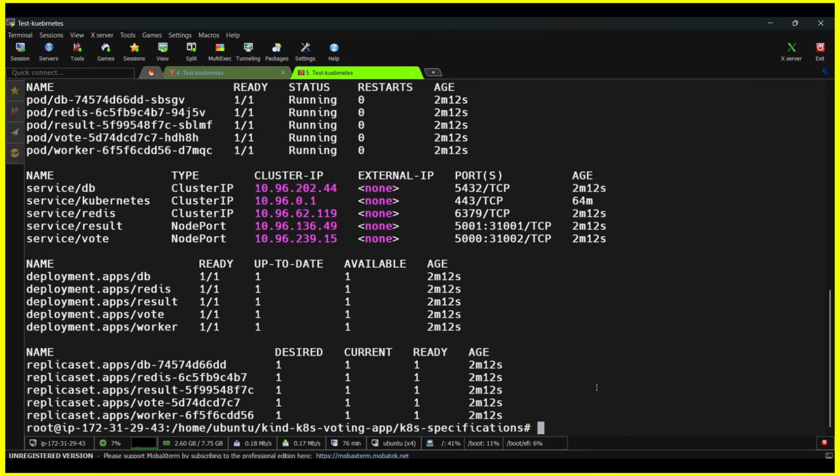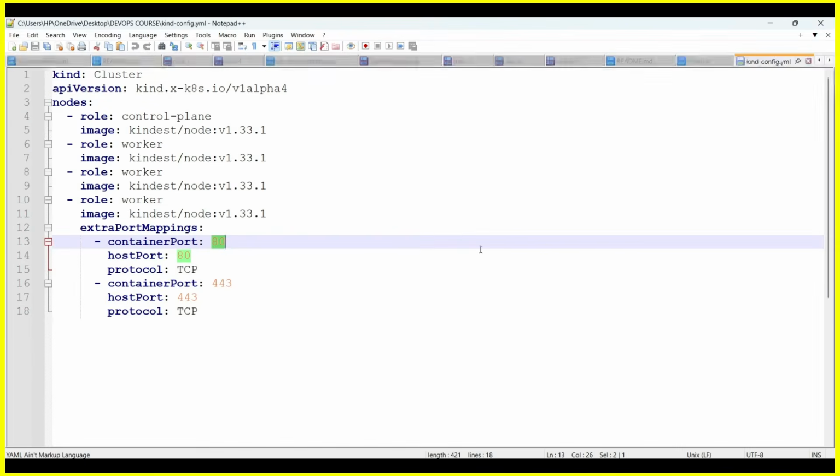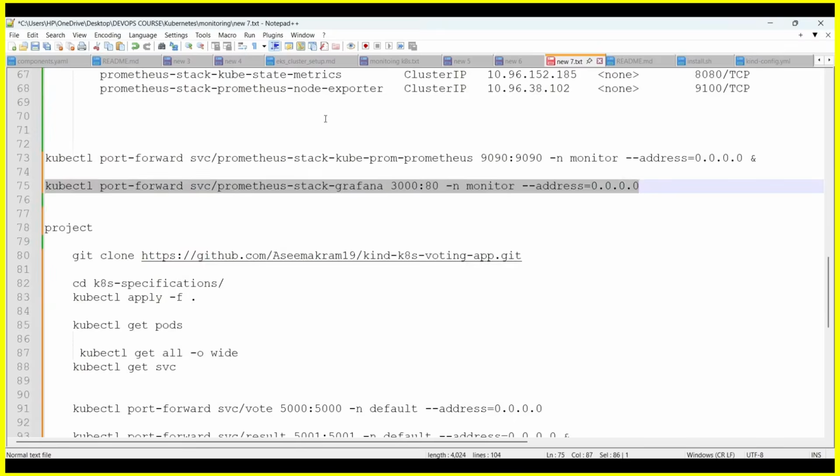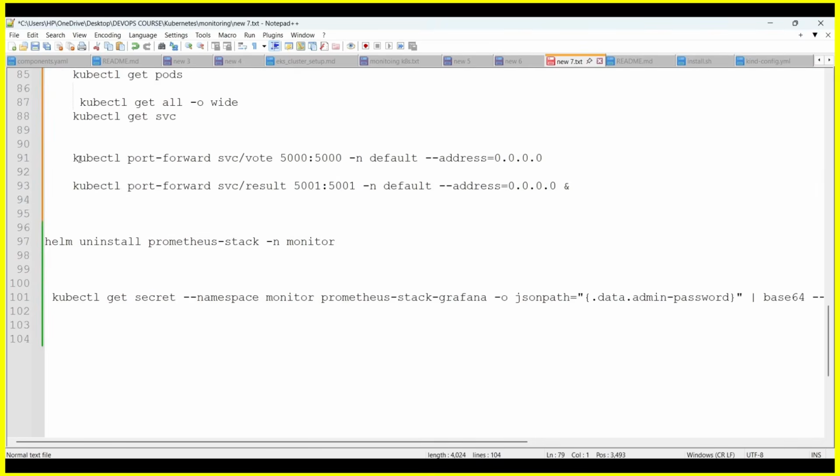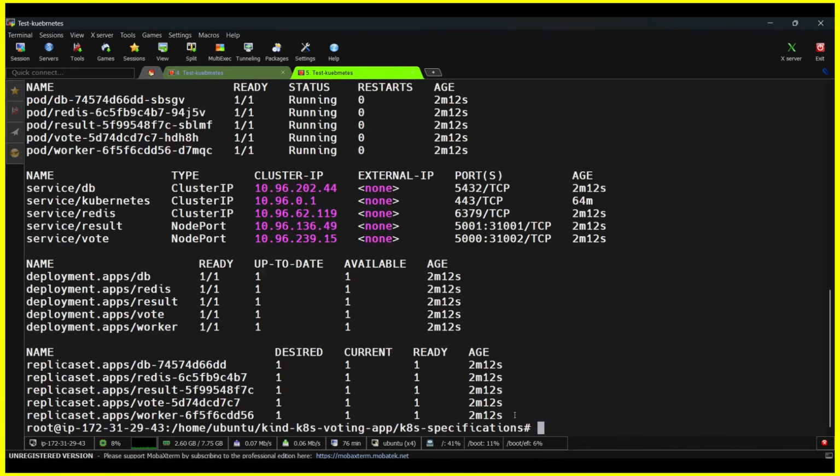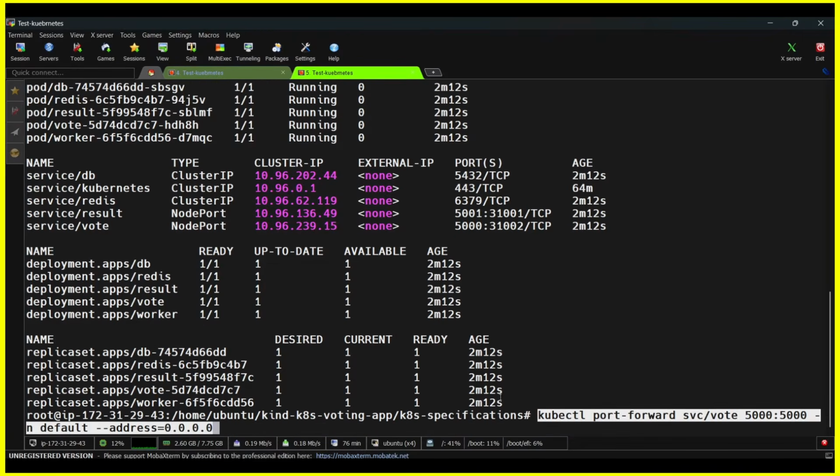For that I have the same command which I have used before, right? So simply what I'm going to do, I'll take it over here, again port forwarding of this, and I'll be taking port forward service, paste it over here, and I'm exposing. So port forward service name, what is the service name of this? Vote 1. And what is the port number? 5000 is running, and on which host port number am I going to map it with 5000,